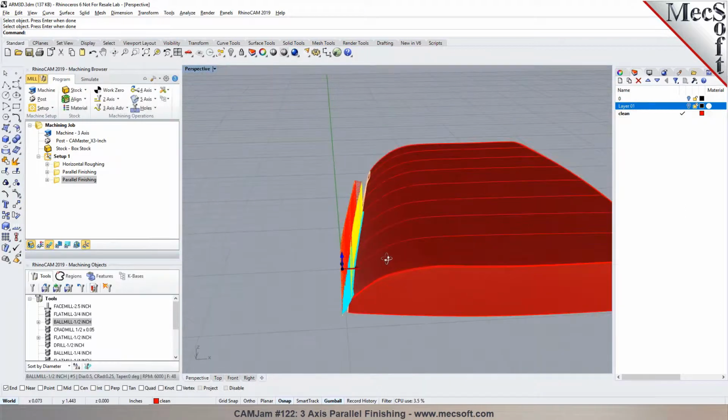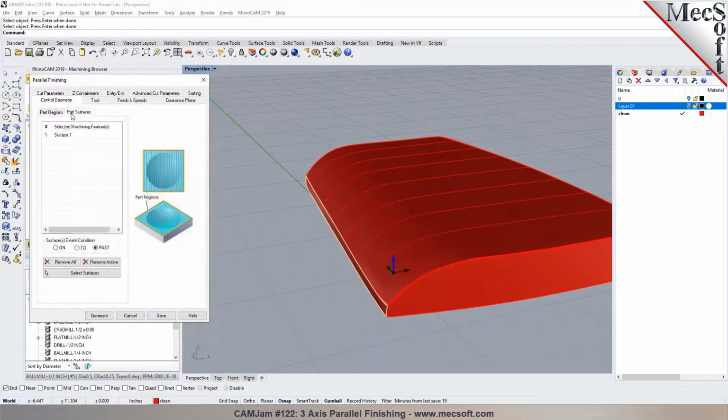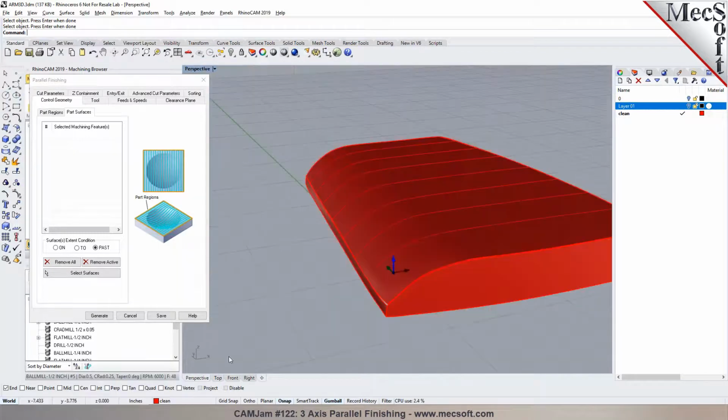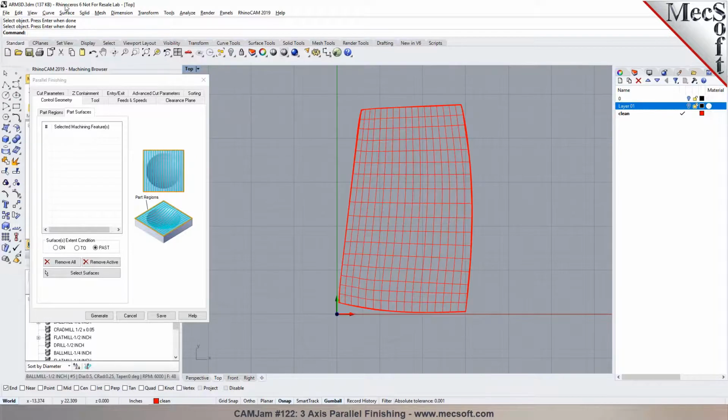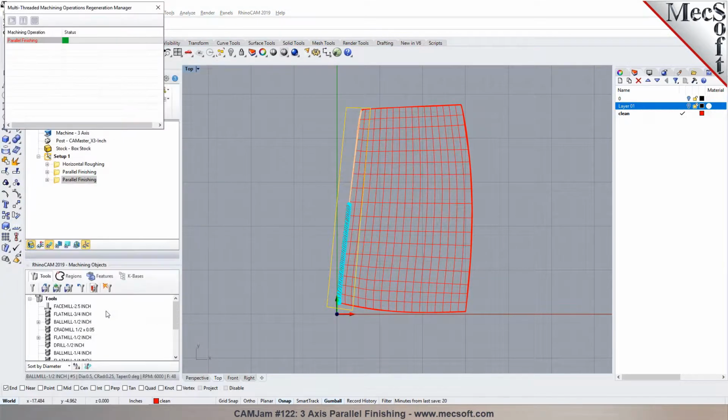You can pick a surface to program it. So you have different ways you can contain the toolpath. You don't have to necessarily pick a surface. You can also just put a boundary in here. For example, my boundary can be a curve boundary, which could be as simple as, let's say, I want to drop something up in here. So I can just throw in a polyline, like a boundary right there. I can use that as my boundary to restrict the toolpath as well. So that'll contain the toolpath just within that area,